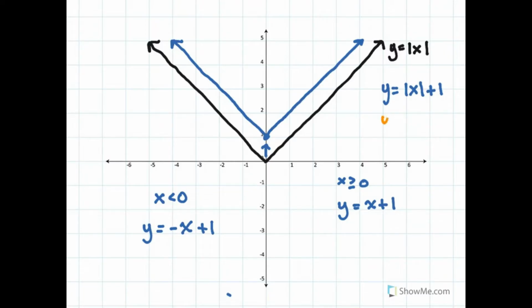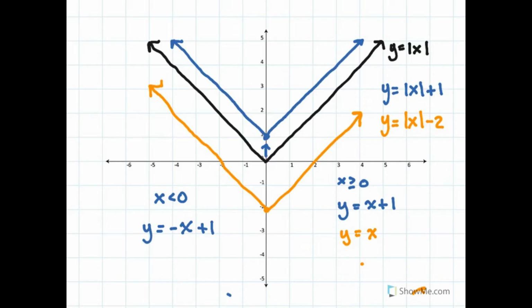If I say subtract 2, y equals the absolute value of x minus 2, I can just know that it is the same V but moved down 2. This idea of shifting the graph and contracting it for the multiplier and so forth can be really powerful in that I don't really have to plot any points. I just know what happens to the graph because on the right it's the same as x minus 2 and on the left it's the same as negative x minus 2.